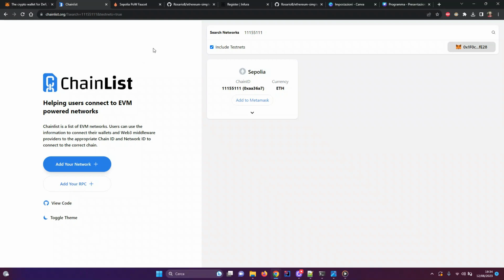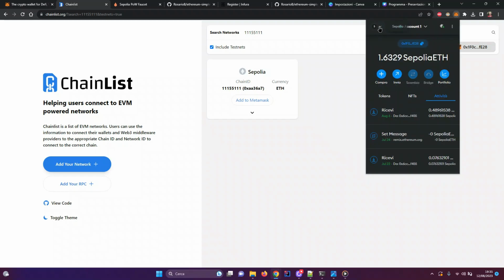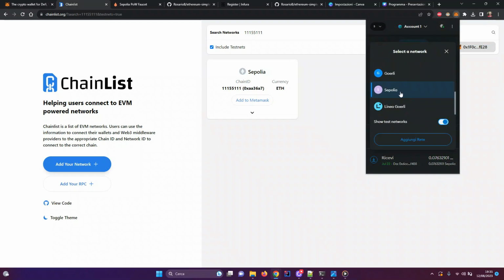We have searched our Sepolia test network by pasting this chain ID in the search networks tab, and we just need to add this network to our MetaMask account. So in the end, when we open up our account, we will find the Sepolia network among the other networks that we have in our account.